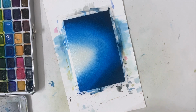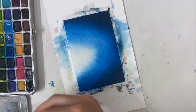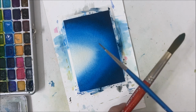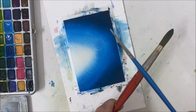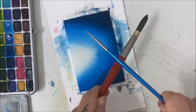Okay, so really quickly I changed my mind. I started drying it and then I'm like, oh, I just want to do something before it's totally dry. While it's still wet, I took white watercolor that I've watered down, which may or may not be necessary. And yeah, I shouldn't have watered that down. Okay. And I'm just, okay, water it down a little bit and